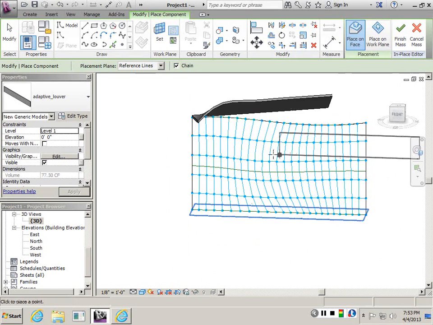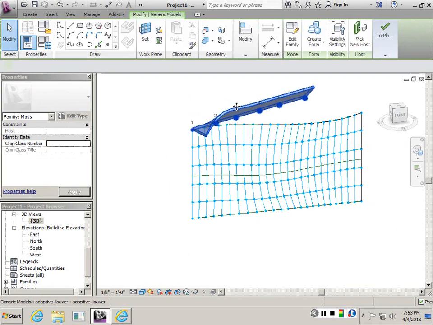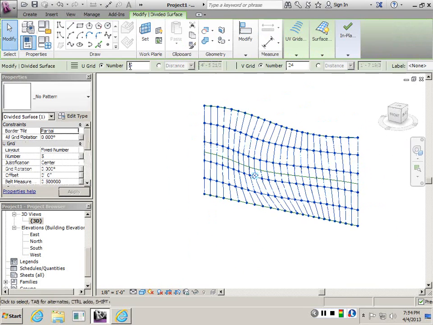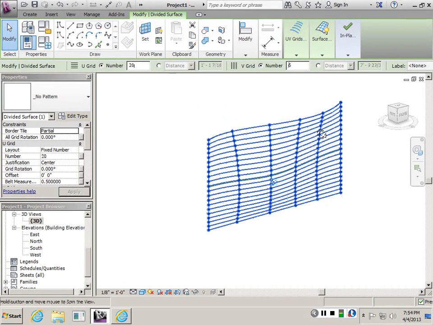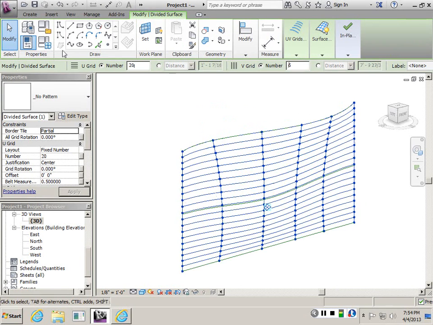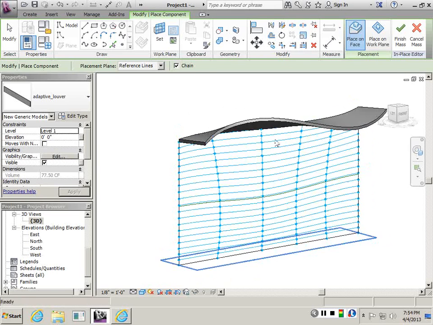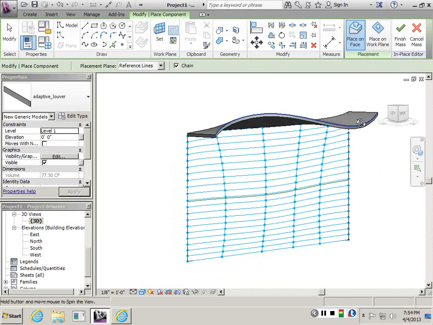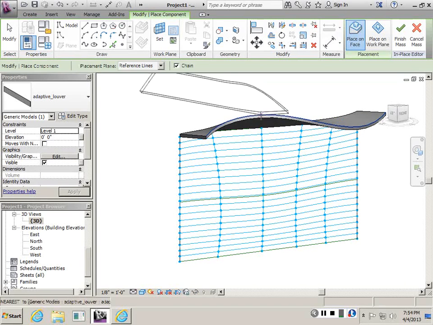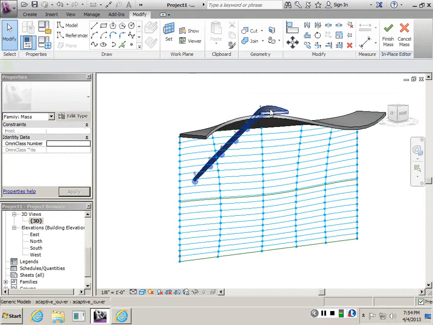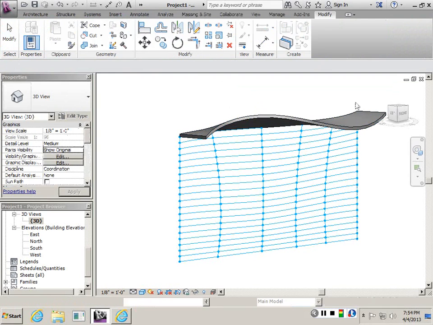I don't know why it's working horizontally but not vertically, so I'll just change the subdivision. Let's make this 20 and this one 5 for now. And then let's try using the component again. This one, this one, this one. And when I finish it, it kind of bakes the object. And I can keep adding these, but I can just finish the mass,